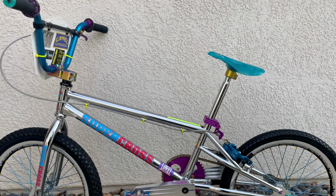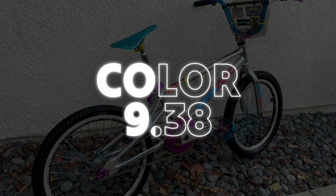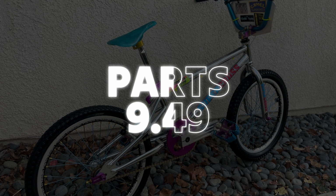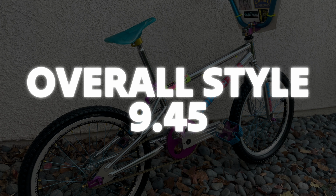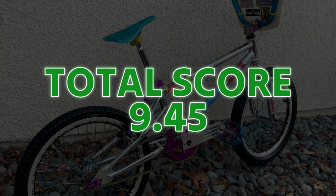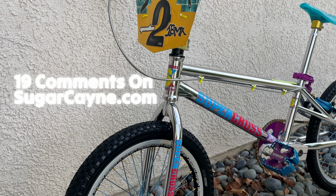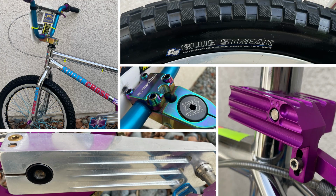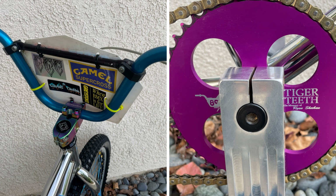And this bike was real popular last month because 73 people gave this bike a rating, and they gave it a total color score of a 9.38, originality 9.46, parts 9.49, overall style 9.45, giving it a total overall rating score of a 9.45. This bike also got 19 comments, which makes it one of the most commented on bikes of 2024. So big shout out and congrats to Josh for his win for December 2024 Bike of the Month